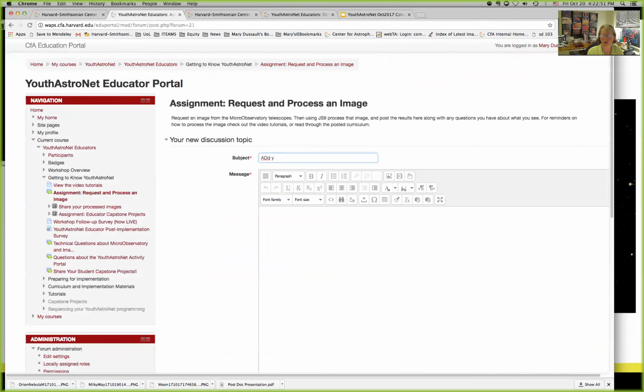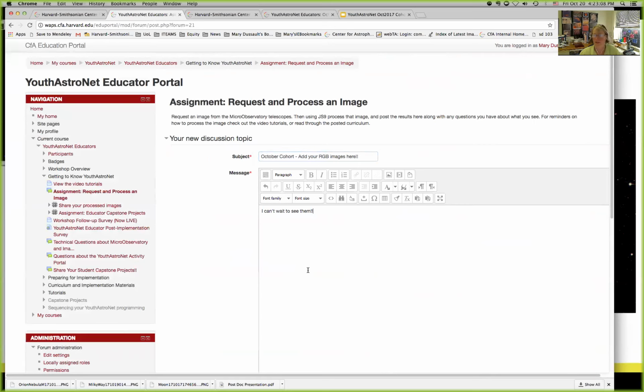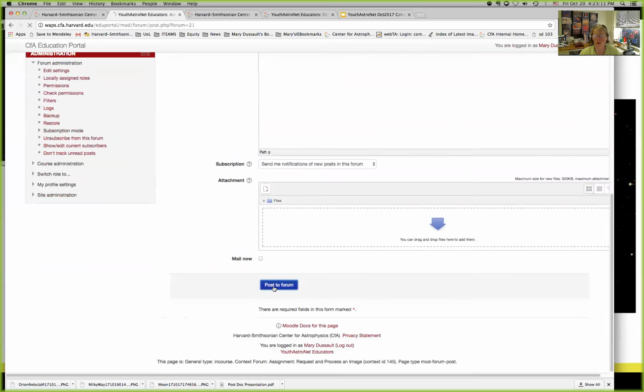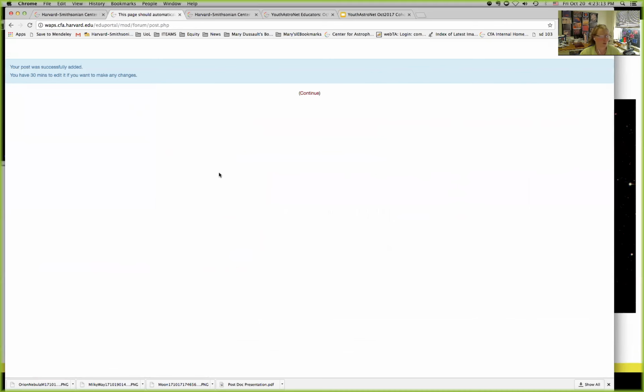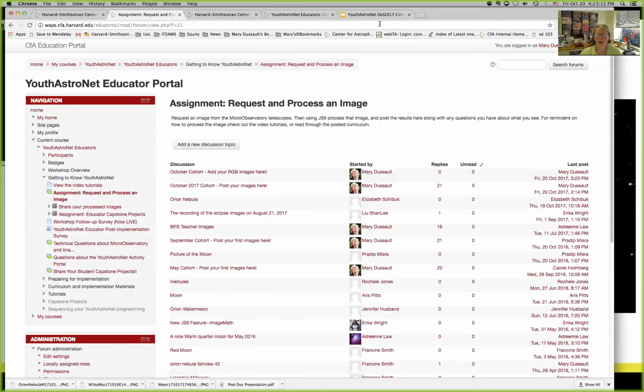Add October cohort, add your RGB images here. I can't wait to see them. All right, so reply to that post or create your own wiki page. All right,